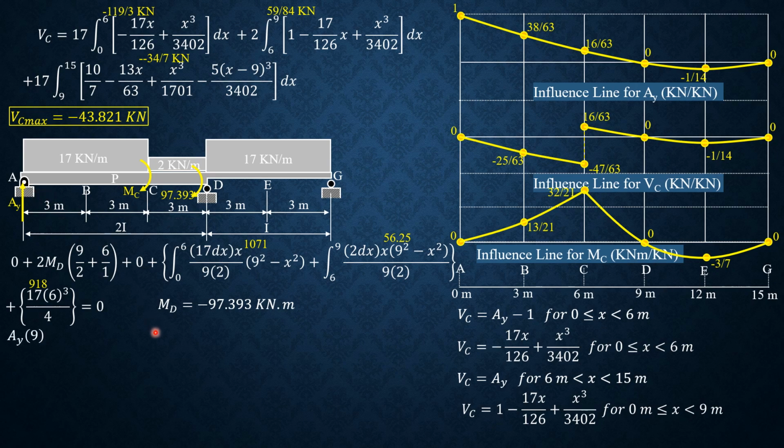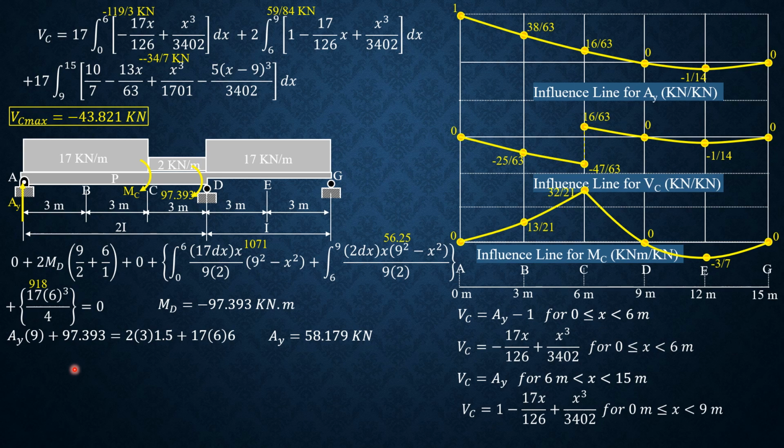Call that AY. So AY times 9 plus 37.393 equals moment of 2 kilonewton load. 2 kilonewton per meter load is 2 times 3 moment arm 1.5 plus the moment of this load with respect to D is 17 times 6. This is the centroid. The distance is 6 also. So AY is equal to